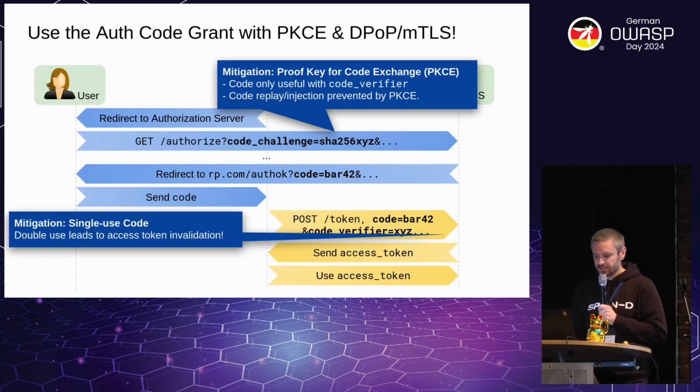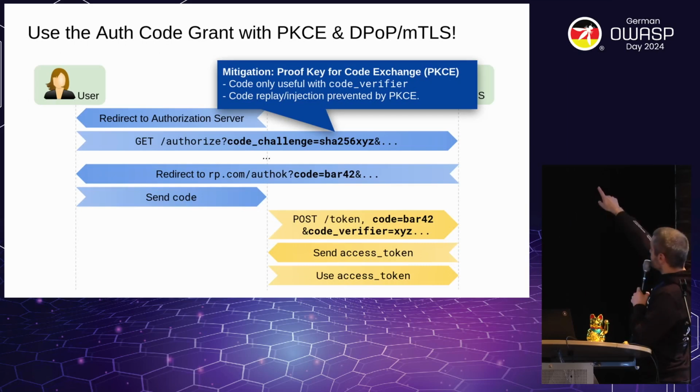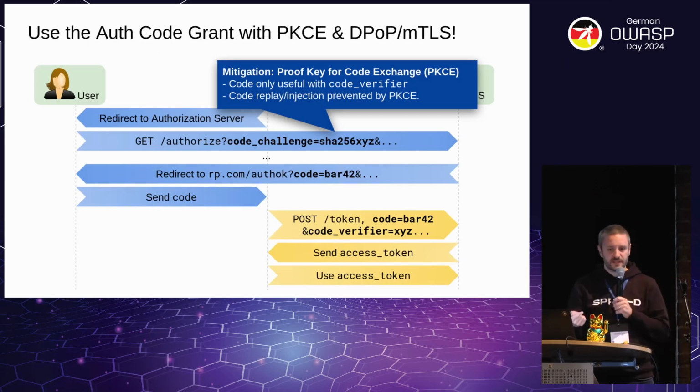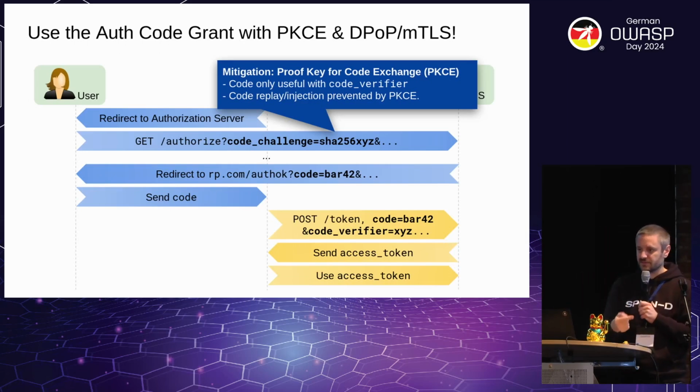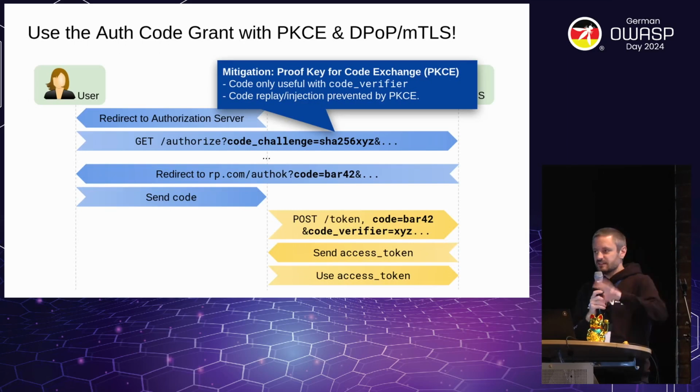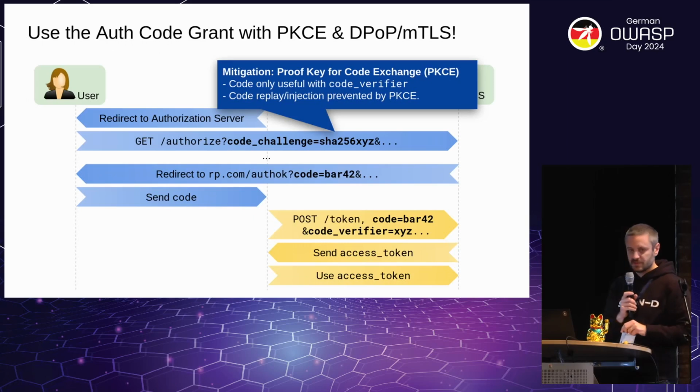And then in the token request, the client has to provide the code verifier, which is the original random number. So the client has to prove that it was the client who created the authorization request in the first place. That means that even if somebody steals the authorization code, nobody can use it, because they would not have that random number that the client came up with in the beginning. So that's really useful. And it turns out that it is even more useful than initially anticipated.